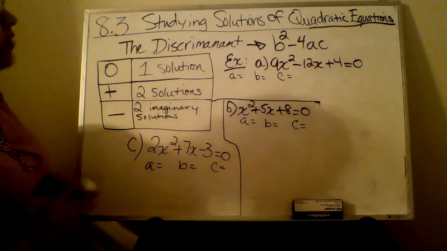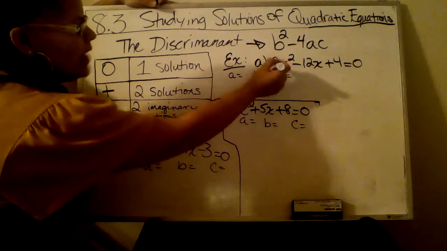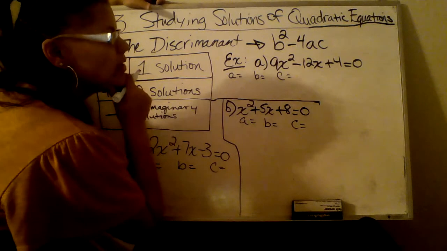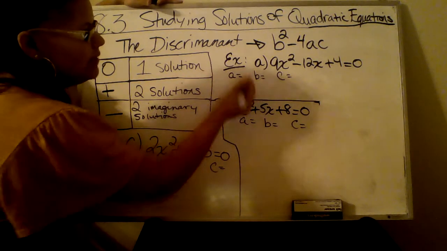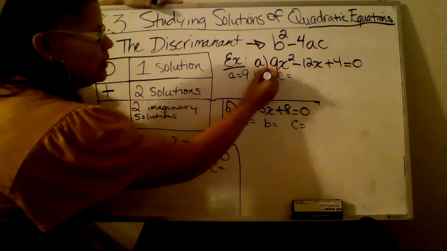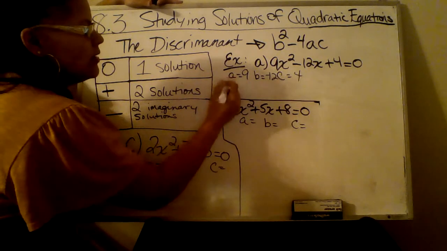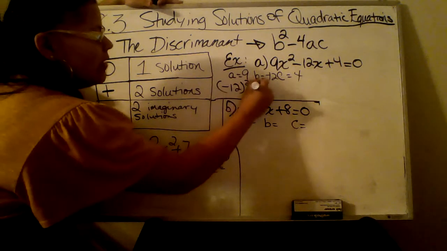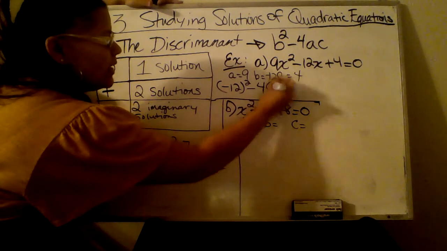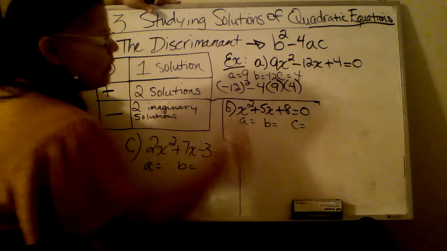So let's start by solving. For the first part, part A, we have 9x squared minus 12x plus 4 equals 0. So let's get our A, B, and C. A is 9, B is negative 12, and C is 4. So let's substitute it. b squared, so that's negative 12 to the second power, minus 4 times 9 times 4. Okay, so now we have